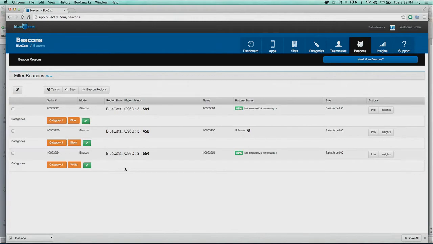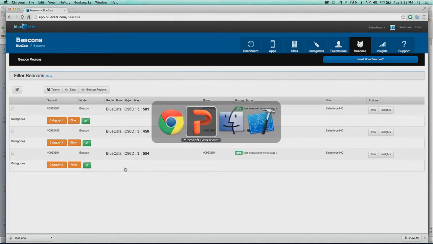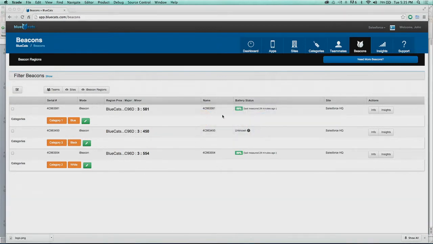Great. So Cody's just shown us here how we can manage our beacons with their admin console that they've put together. So we can see what beacons we have available, what the settings are for the beacons, what the health status of the beacons are, and what categories we set up for the beacons. Let's take a look into the code now and see how we handle these beacons based on the information that's coming back to us. So if we go to Xcode here,